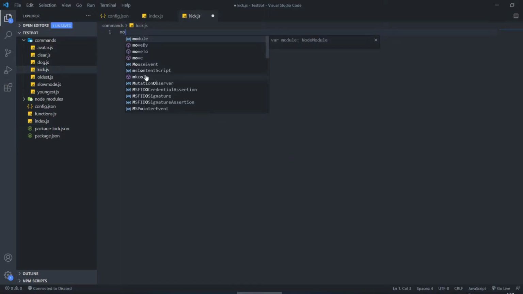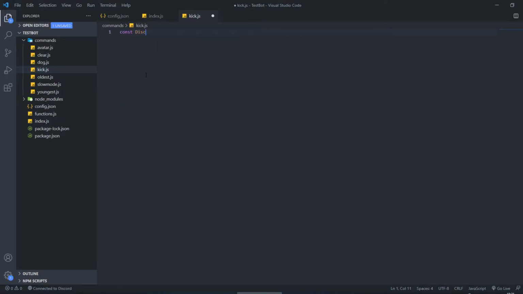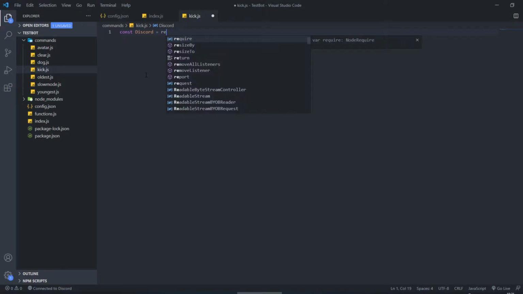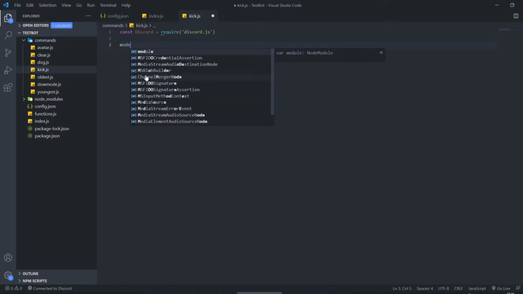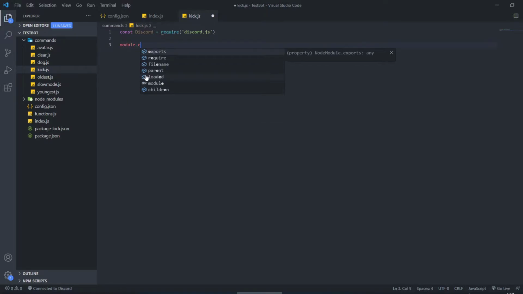Then you're going to need to do const discord equals require discord.js, and then let's do module.exports equals,